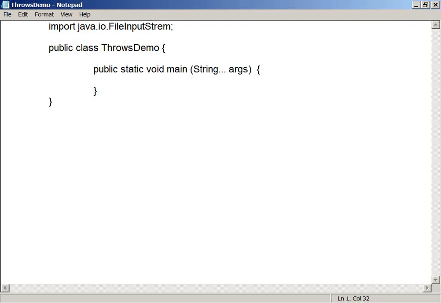So I'm trying to import FileInputStream. Now I would like to create an object for this class, which is generally meant for reading files. FIn, I'm creating an object with new FileInputStream class, and I'm going to write abc.txt as the argument.